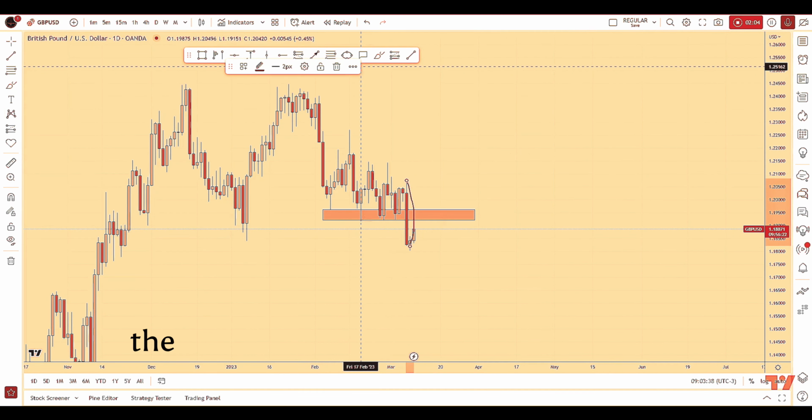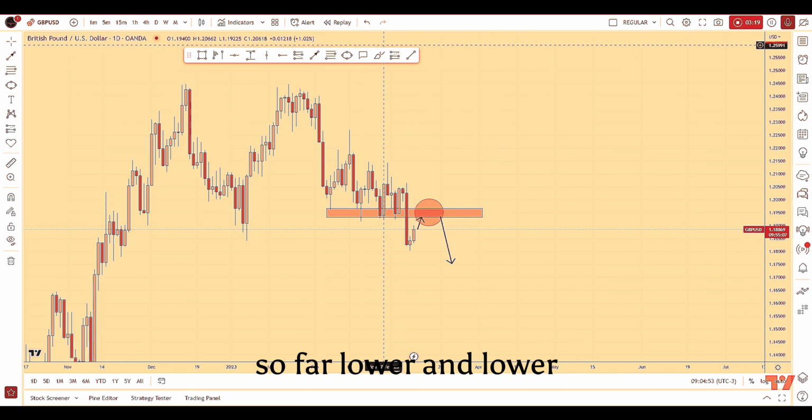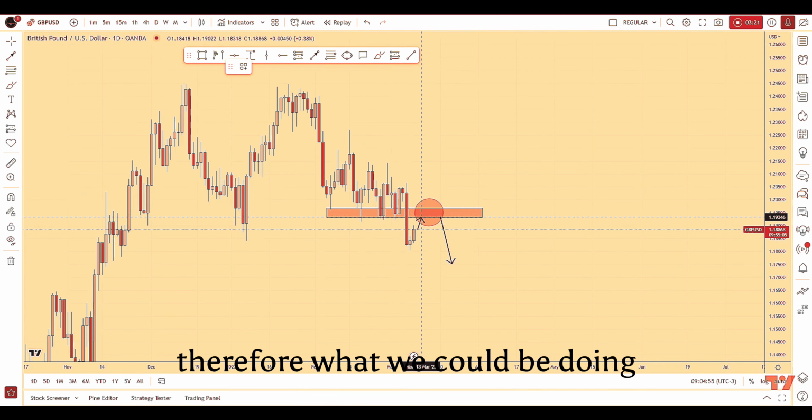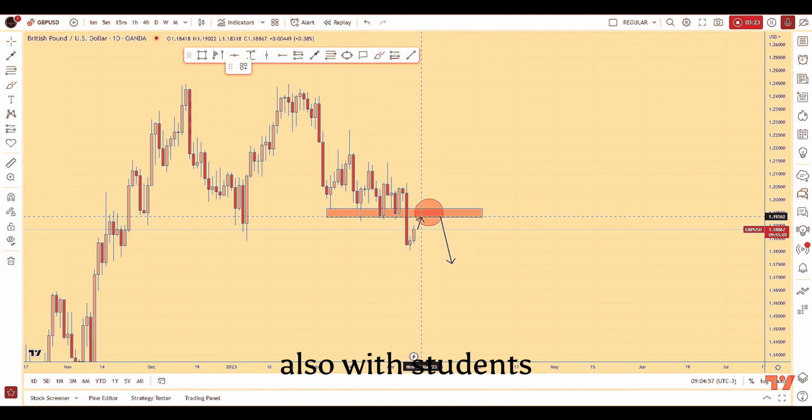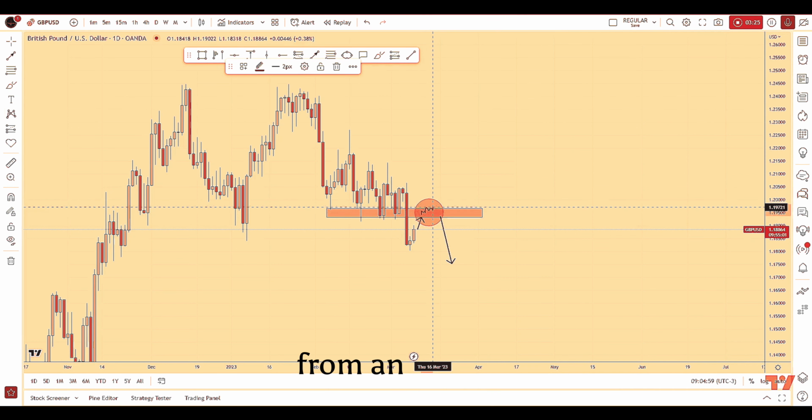So if the market will go and retrace to this confluence of resistance, how we could be approaching a potential rejection to the downside? Well, as usual, trading is reactive and not predictive. The monthly, weekly, and daily, those are the best time frames from a directional perspective. However, when it comes to confirmations and entries, the best time frames are the intraday time frames, so 4 hour and lower. Therefore, what we could be doing, potentially also with students, is monitoring price action from an intraday perspective